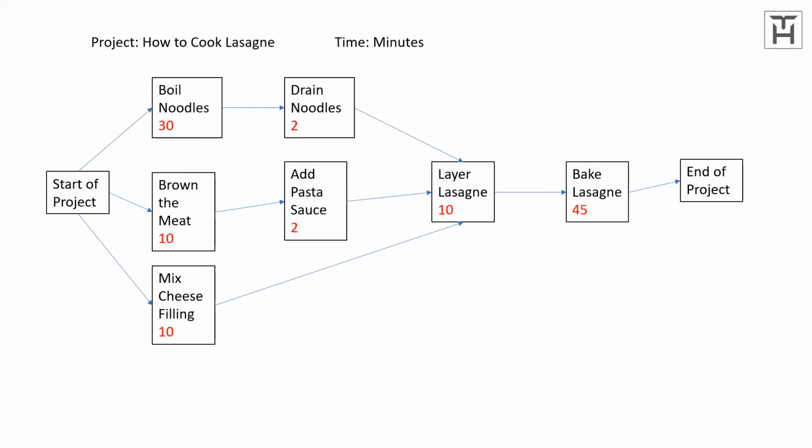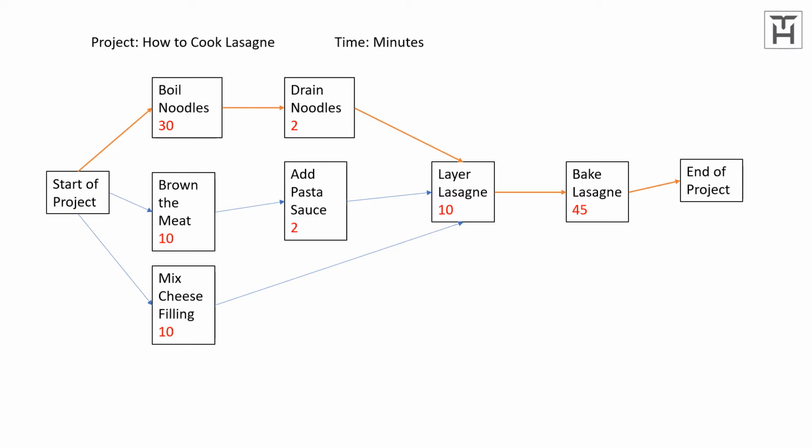Once you've laid out the tasks in the necessary order, the correct order of things, and how one thing needs to be done after another to create the perfect end to the project, then you can start to add estimated times. And as I said, we're doing this in minutes. So I've input the times I consider that it will take to do each of these activities. And once you do that, you can clearly see which of the three paths in this case will take the